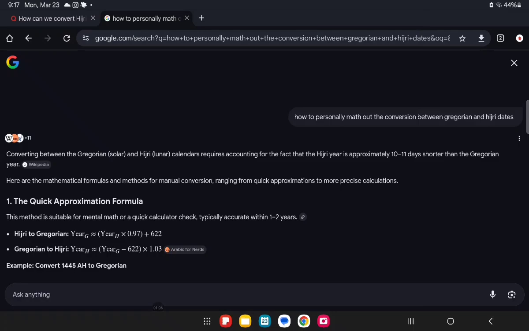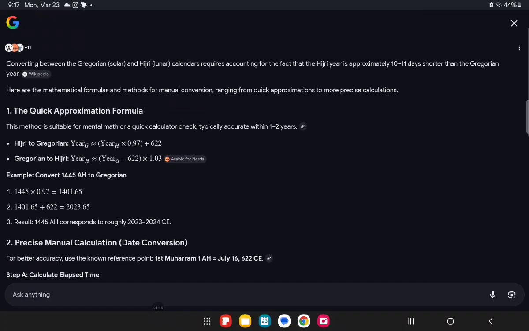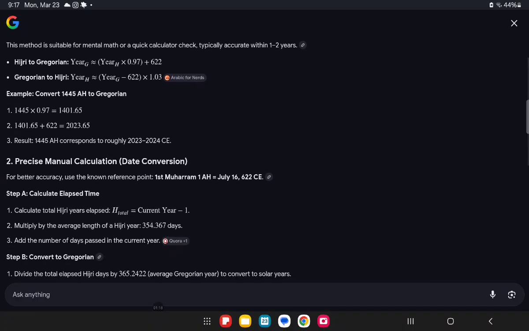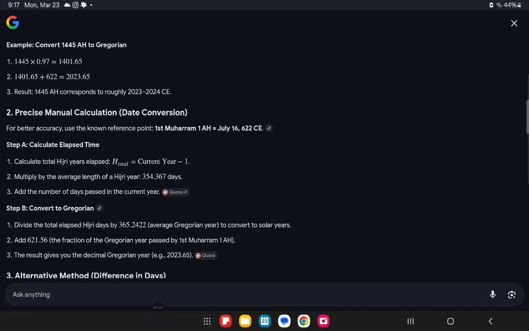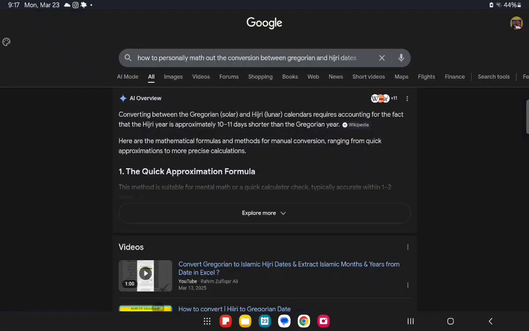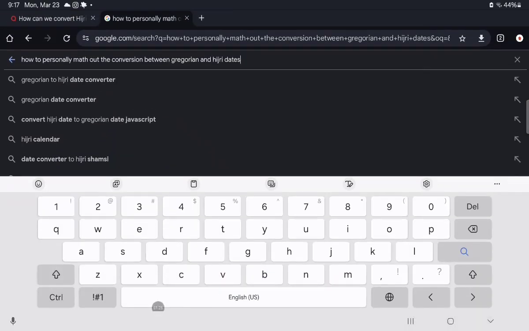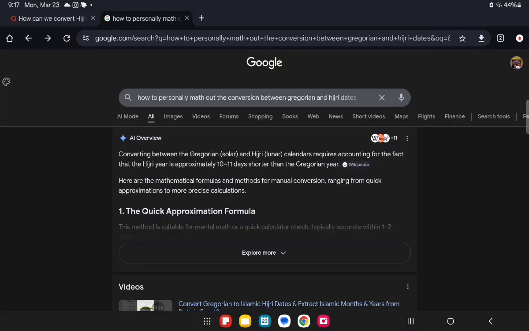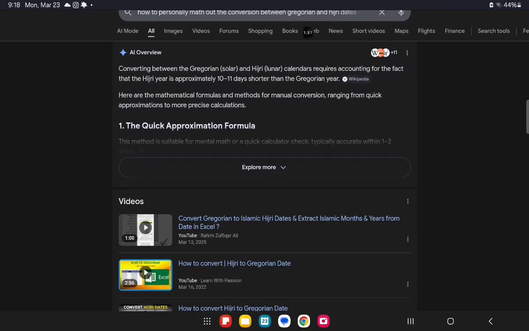What about the Hijri calendar, also known as the Islamic calendar? Now, something's weird. I said, wait, where's my widget? Where did my screen work? Here it is. I said personally math out in my search query, and I still have Excel,